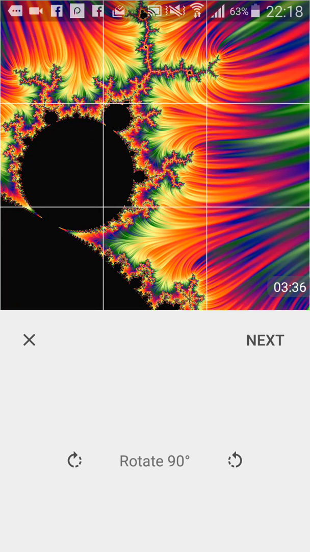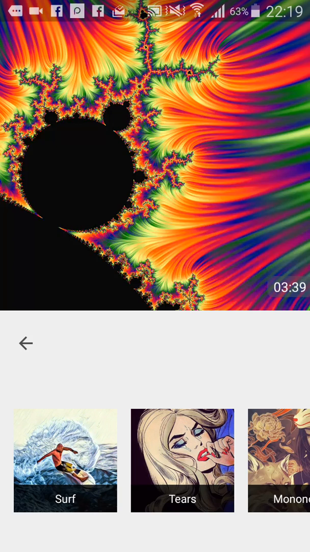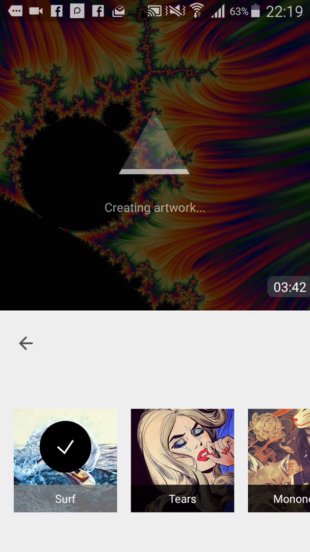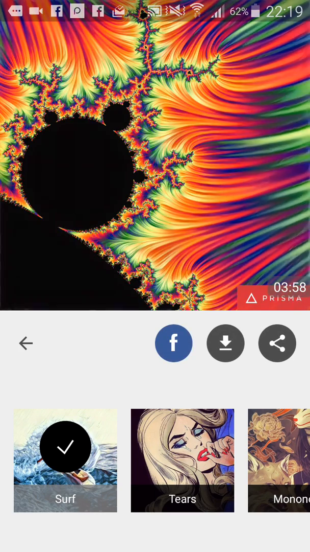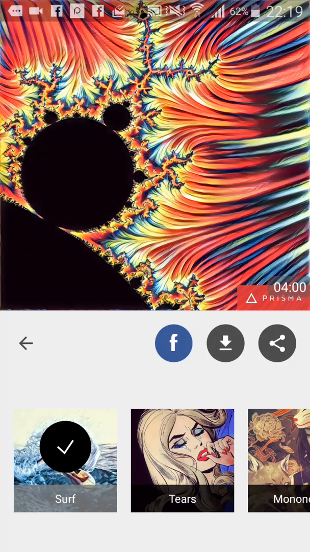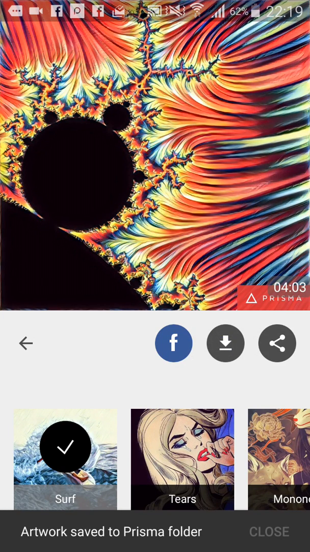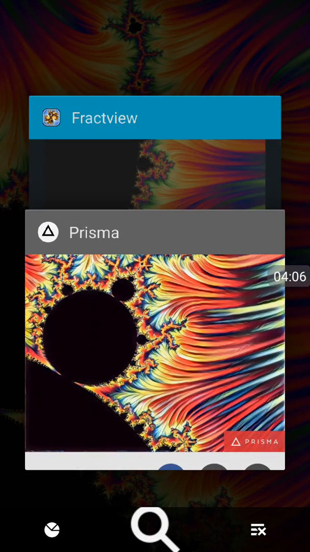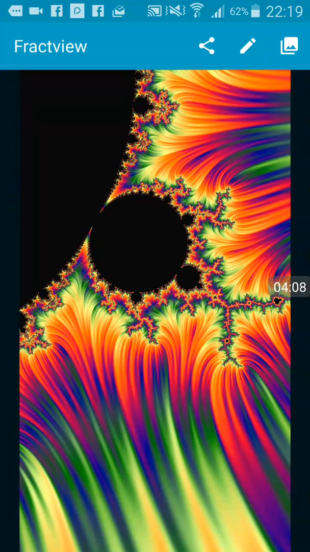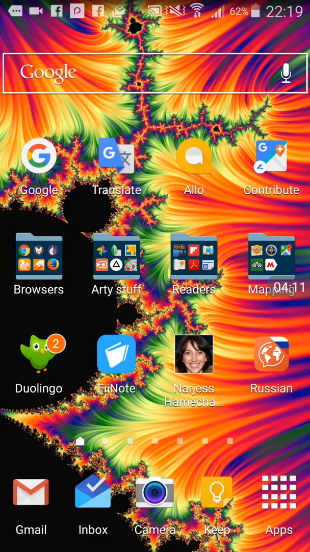We'll go ahead and run this through Prisma just for giggles, although it is already visually quite compelling. But now we have other filters you can throw on top of it as well if you want to continue to play. All right, there it is. So this is fractview, and you can see that it is now my, as I had said before, this is my new